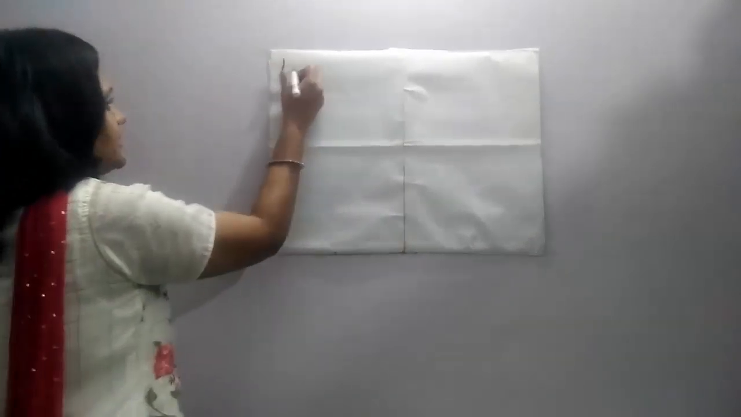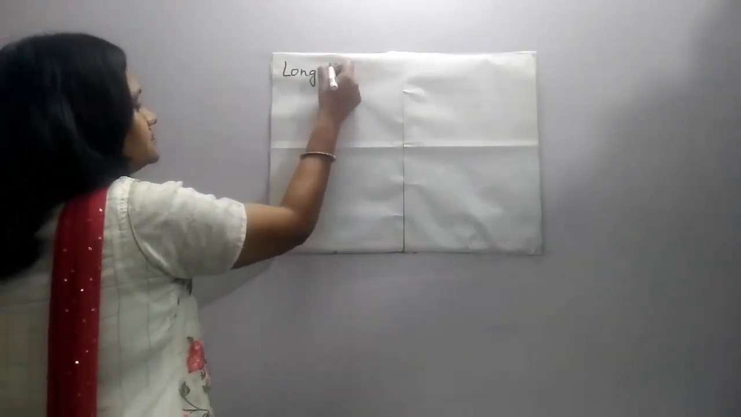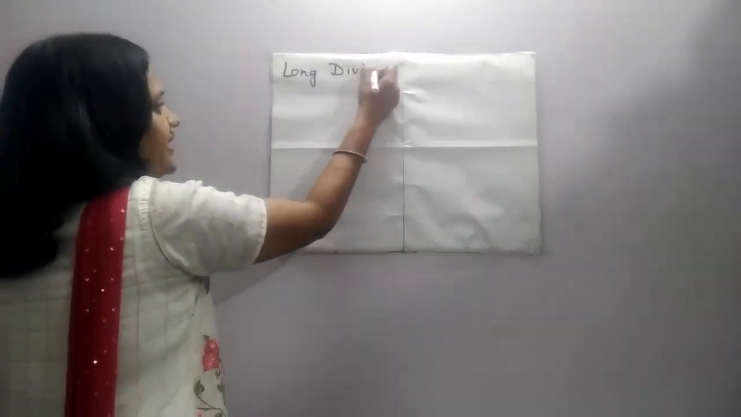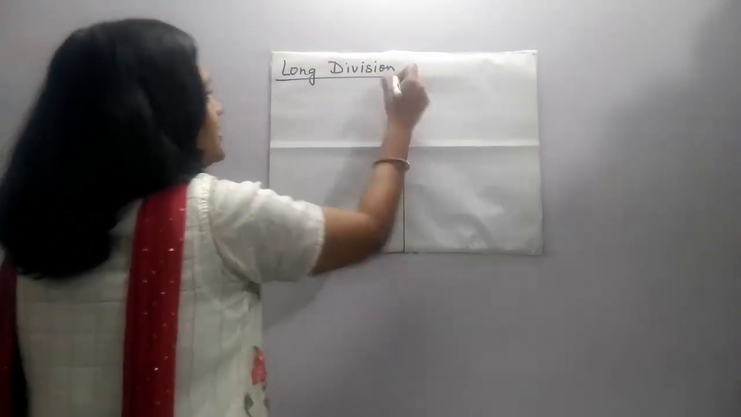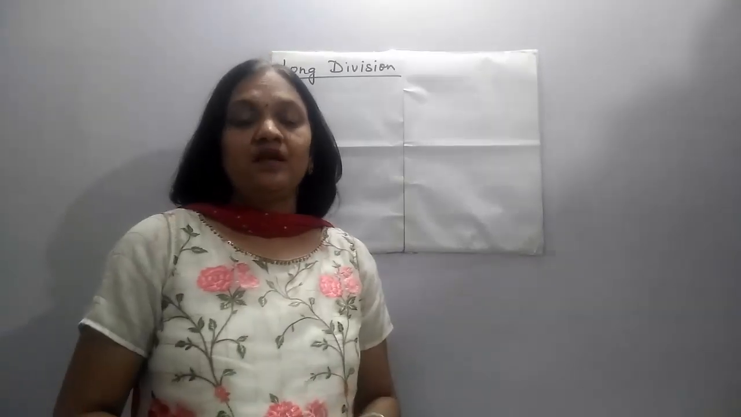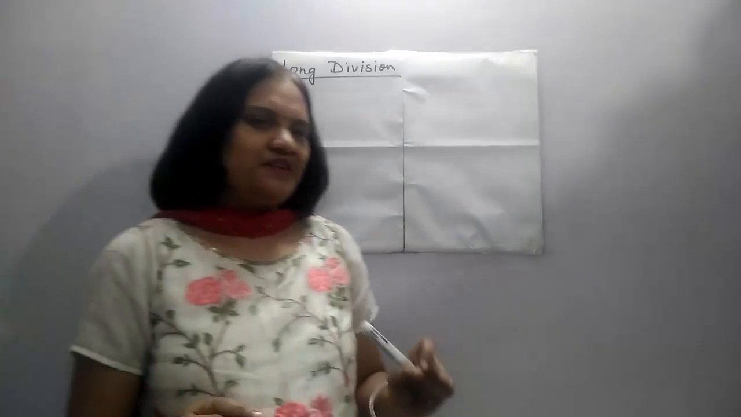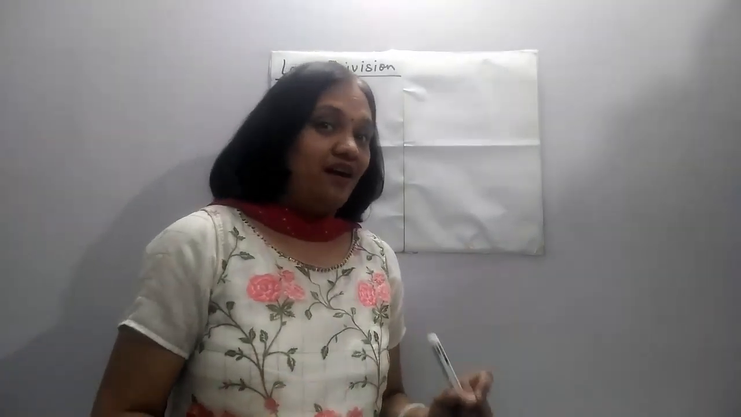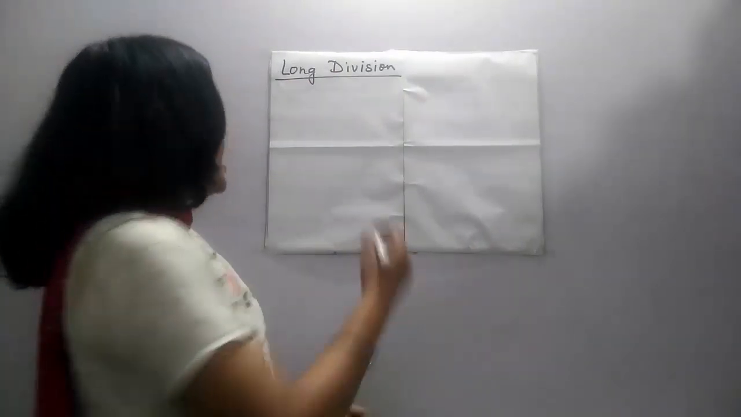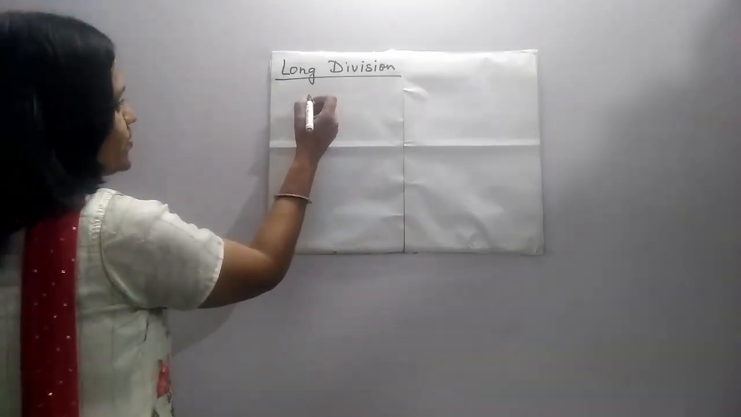We have another method called the long division method for finding the square root of any number, which can even be a decimal number. Now this is a little tricky, so I request everybody to pay a lot of attention. If I ask you to find the square root of